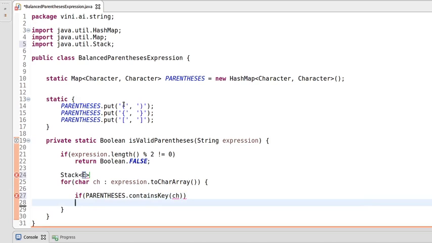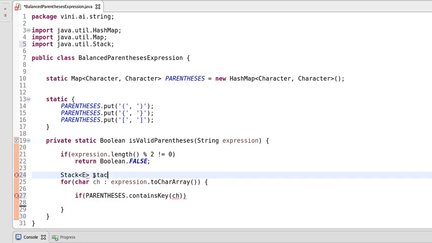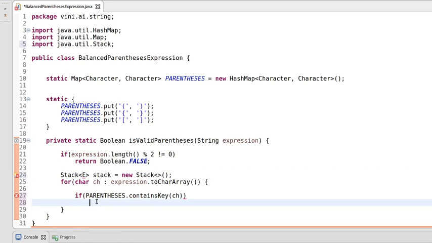So, stack, new stack. We'll be adding only opening parentheses into the stack. Sorry, it should be character.